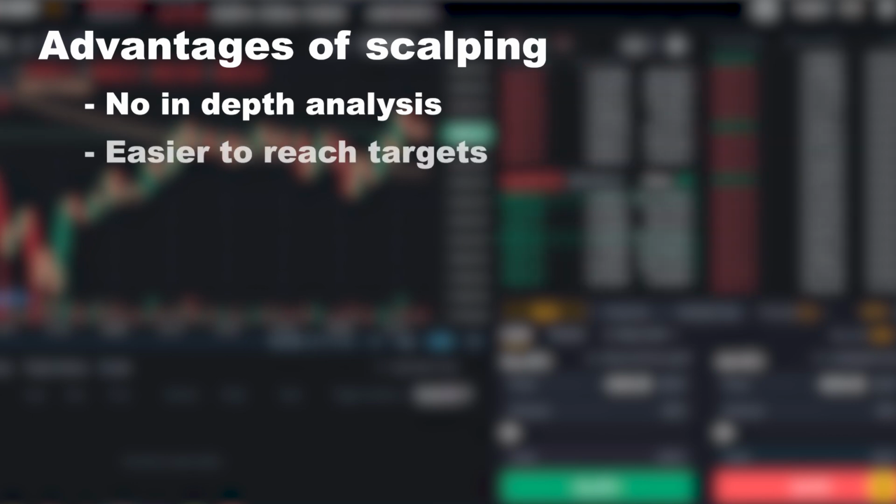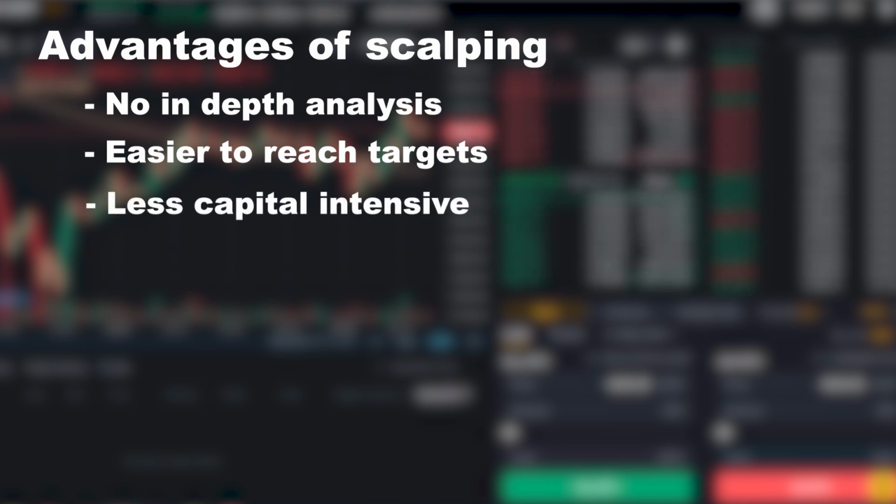In scalping, it's easy to reach the profit target because the target is set very small and the price movement in such a narrow range is very probable to happen. And pay attention that on the other hand, your stop loss is also in danger of getting hit, but with a proper risk to reward ratio, you'll be in profit in the long run without any problem. Scalping strategies are also less capital intensive because you trade more frequently and in more different markets but in smaller size, so you use less capital per trade and you expect just very small profit from every trade. And because of this, scalpers have also less exposure to the market, so limiting their risk.